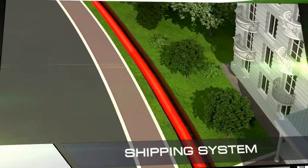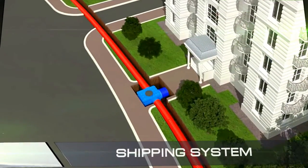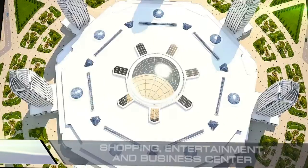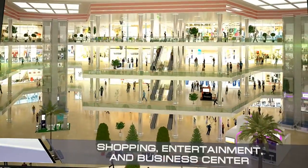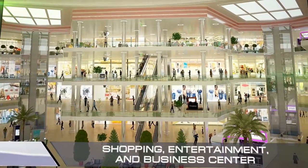The transportation routes in the city are carefully planned in the same way to avoid traffic jams. There's an automated underground shipping line leading to each apartment building, allowing residents to send and receive medium-sized packages without leaving their apartments. In the city's downtown area is a multifunctional shopping, entertainment, and business complex containing offices, stores, consumer